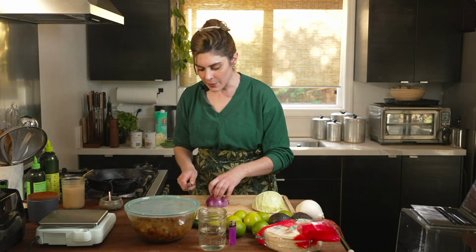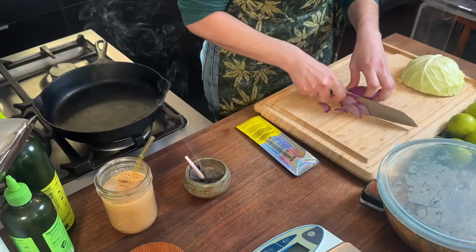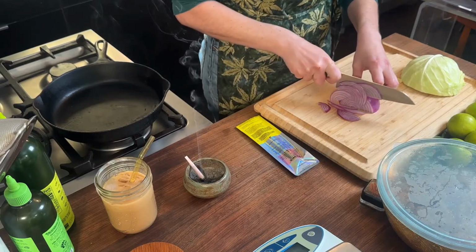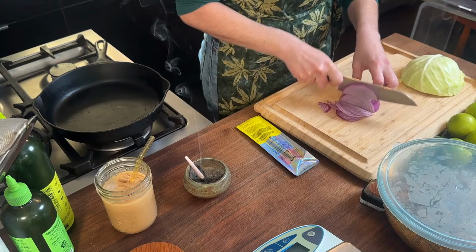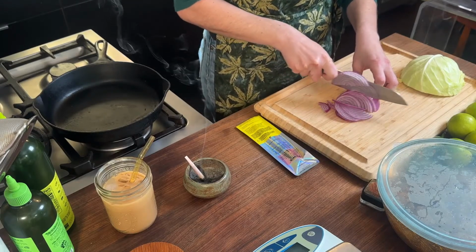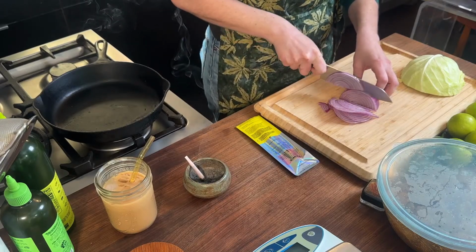I have some red onions. I don't know if I'm going to use them, but I'm just going to slice them thin and put them with some lime. I'm not going to pickle them. You can pickle some red onions if you want, but I'm just going to put them with some lime to cut a little bit of the